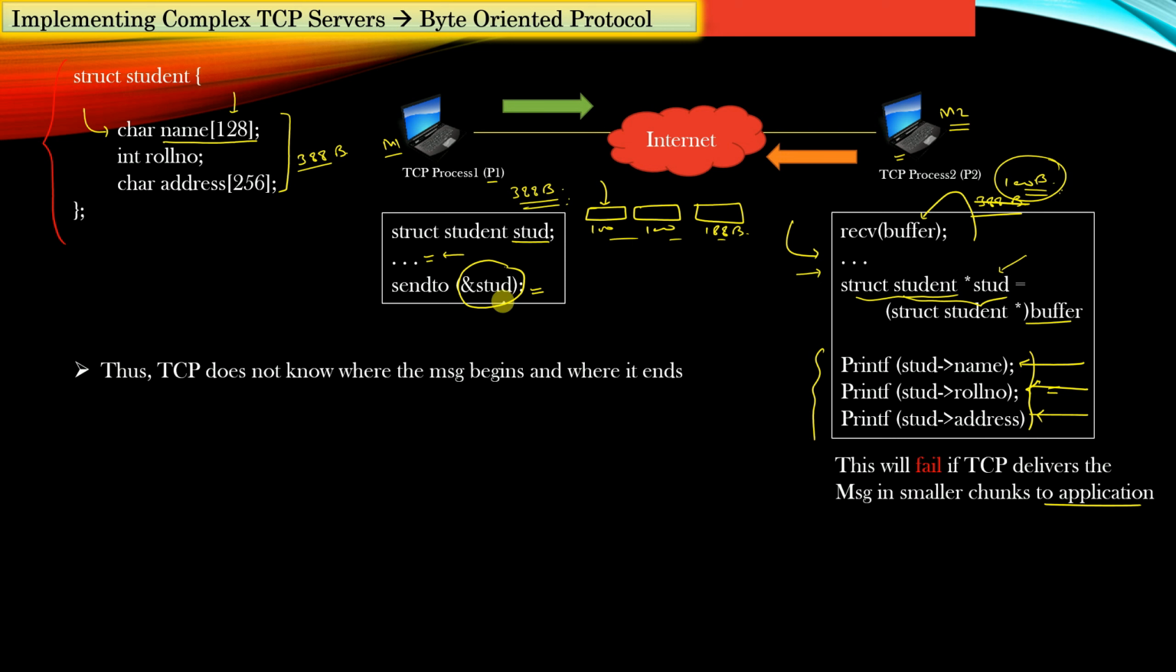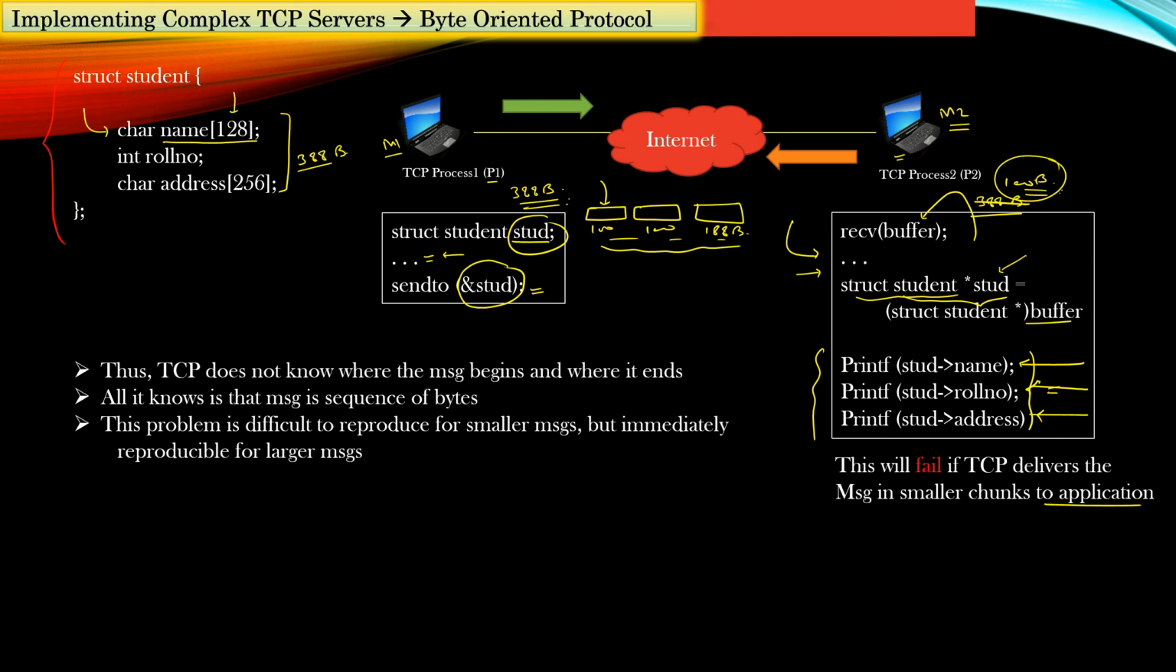TCP doesn't bother that this student structure is 388 bytes long. It will split the message into smaller chunks and then ship those chunks as individual segments to the process P2 running on the machine M2. So all TCP knows is that a message is a sequence of bytes. And this problem is difficult to reproduce if you send only a few bytes of messages between the TCP sender and